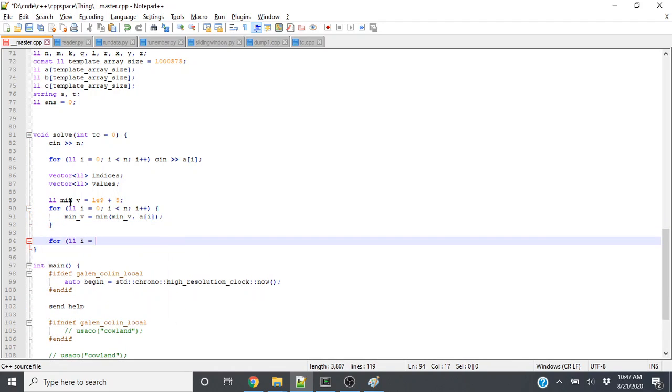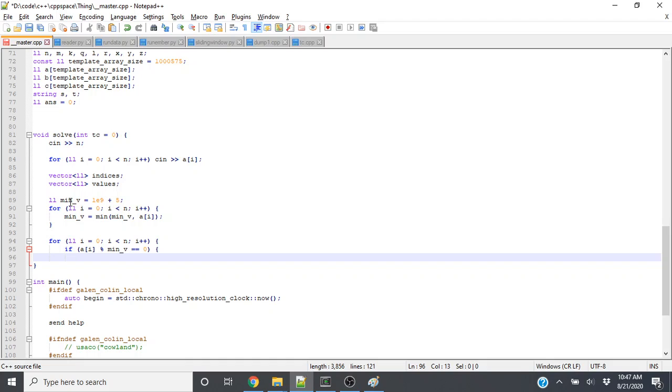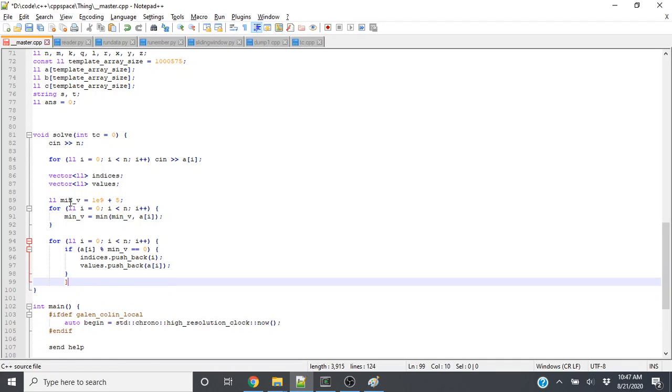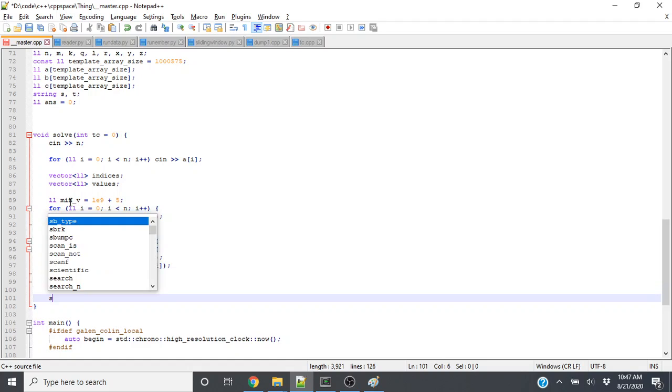Now if a_i mod min v equals 0, that means it's a multiple, then add it to a list of indices and also add it to the list of values. You'll see why I'm doing this later if you don't understand right now, because this is a simple way to sort everything. Then sort